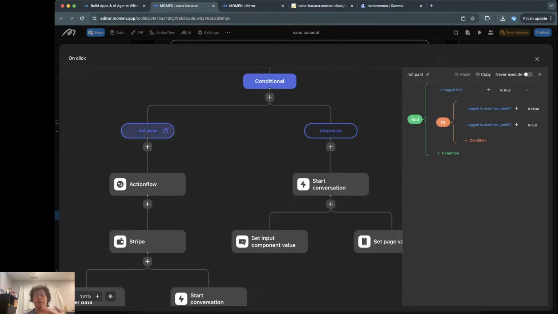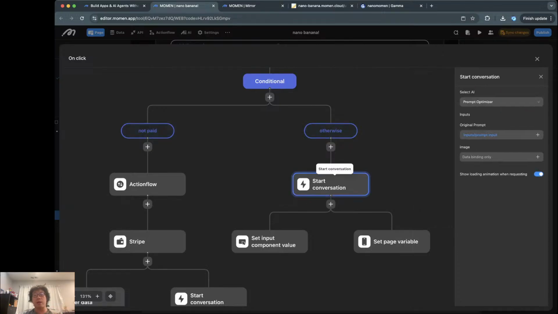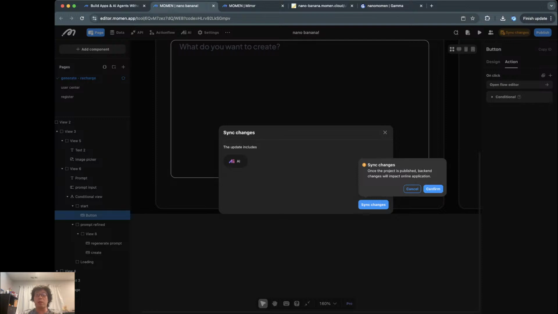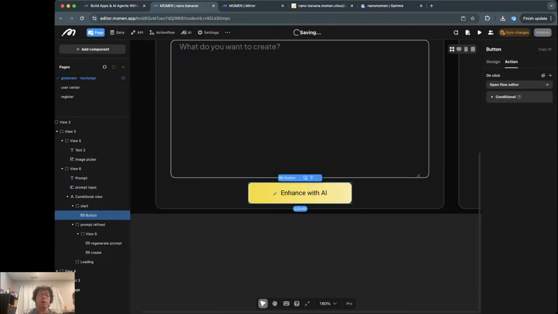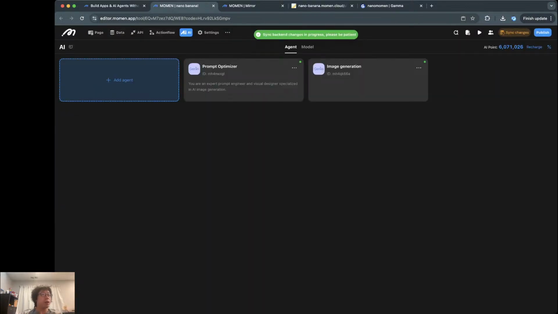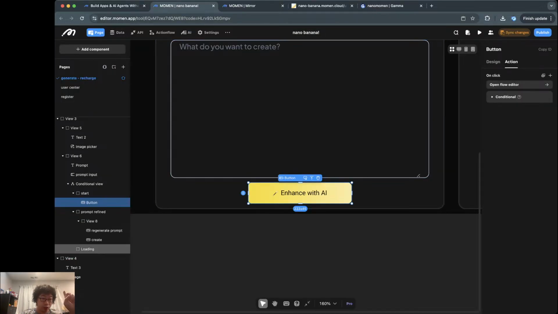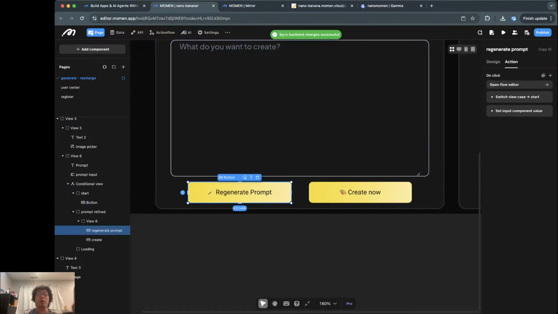So this is not paid. If you already paid for it, and then you just directly start a conversation with the prompt optimizer. And obviously we have to fix that input here as well. Now all we need to do is just to synchronize the changes for the backend, because the AIs do live in the backend. And I think there's another button we need to change, which is the regenerated prompt thing, because